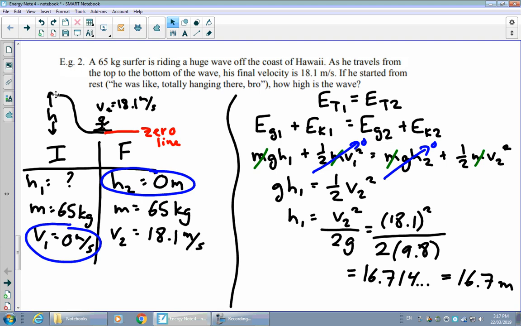The final example about the glider is one that you can try on your own, but we're going to do in more detail in class. And there's actually 2 different ways that you could go about solving the problem, and I'm going to show in class why those 2 methods are actually equivalent, but there is one that takes a few less steps than the other and can be a little bit easier. So you're welcome to try that on your own, but as I said, we will take that up in class.